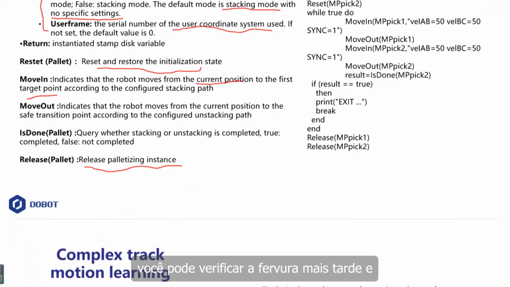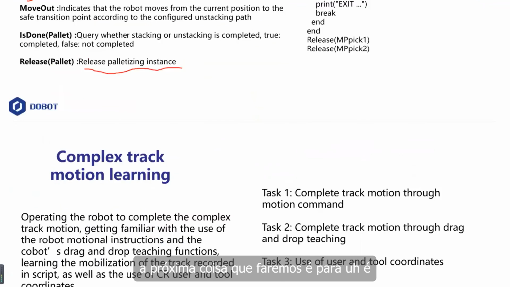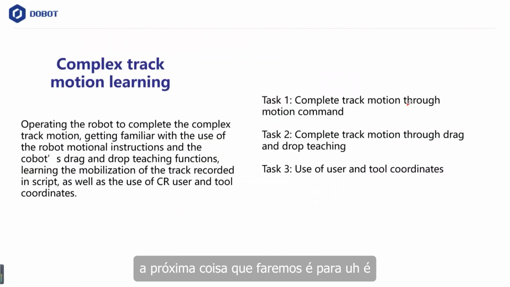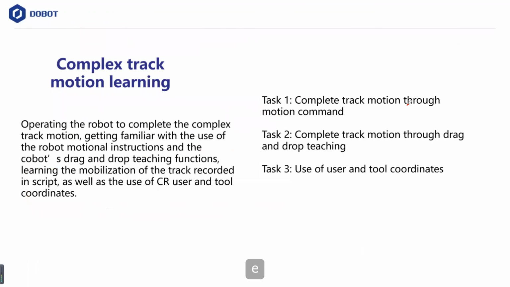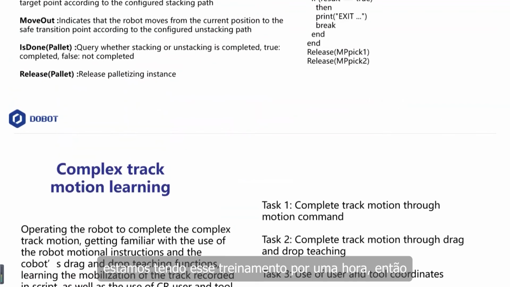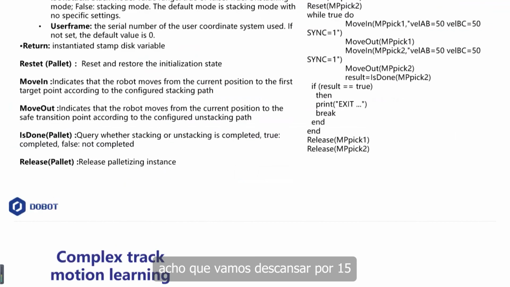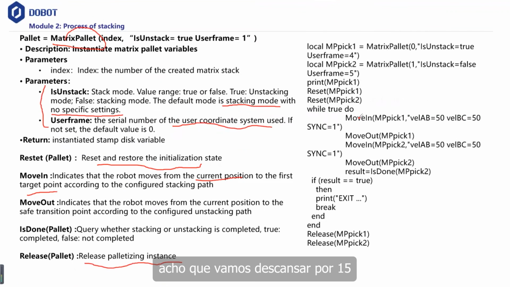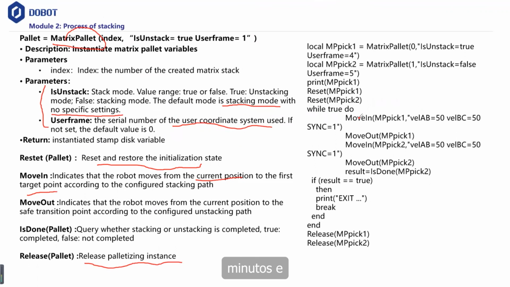And the next thing we will do is for the complex tracking motion learning. And we're having this training for 1 hour, so I think we will have a rest for 15 minutes, and we will come back at